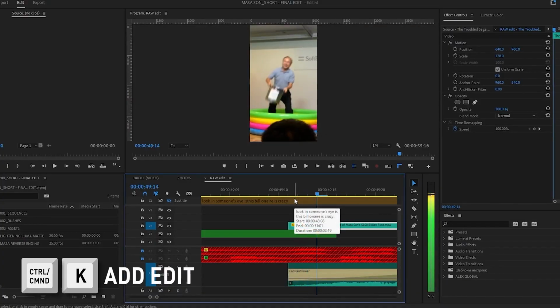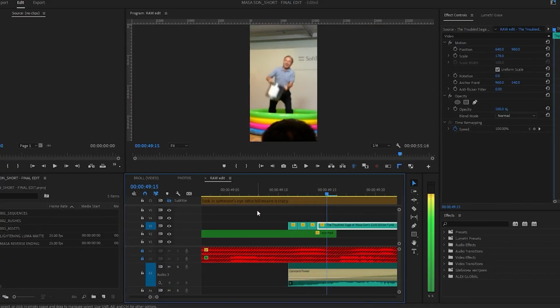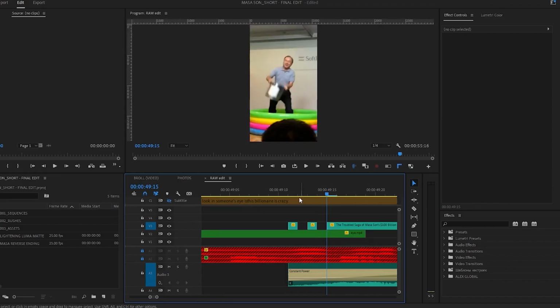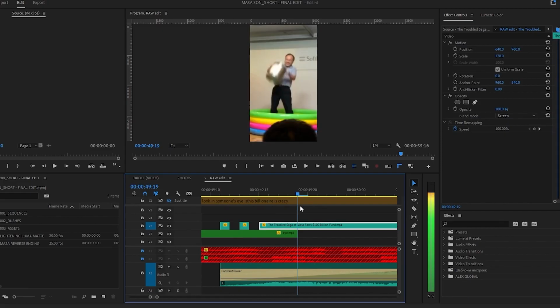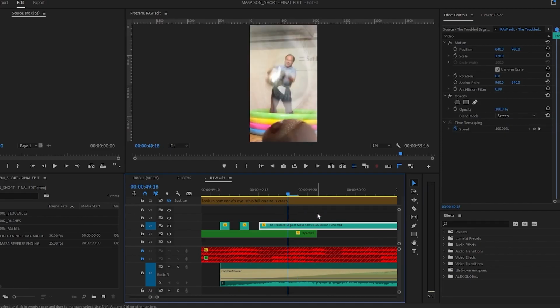So I'm going to set it to screen and I'm going to add a couple of cuts in as well, so it kind of cuts in. So we're going to make a cut here, a cut here, a cut here, a cut here. I'm going to delete a few of these cuts. So now it's going to glitch in and we want it to come back to normal here. So perfect. And that's a really, really basic cut that's happening underneath there, and it's just a slight